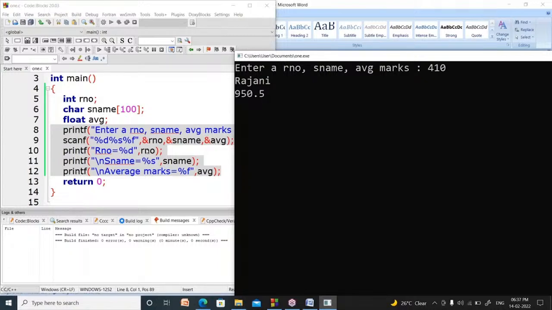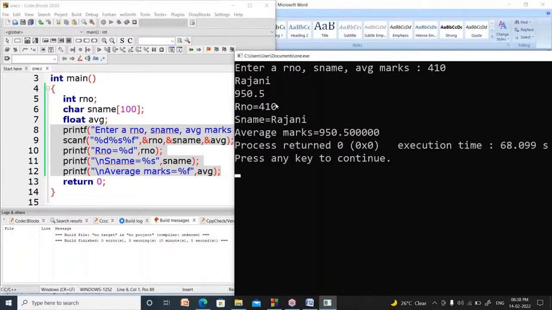After that, roll number. In roll number, what is there? 410. That will be substituted here and print roll number equal to 410. What is there in sname? Rajani. That will be substituted here. So sname equal to Rajani will be printed. After that, what is in average marks? 950.5. That will be substituted in the %f place. Now average marks equal to 950.5. That is the answer. See here, roll number equal to 410, sname equal to Rajani, average marks equal to